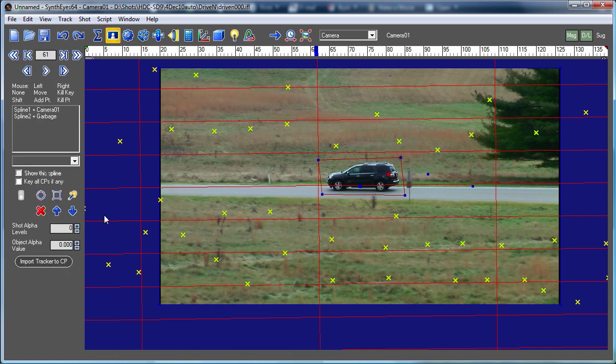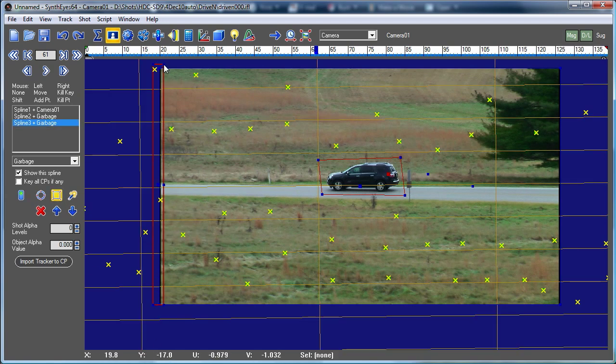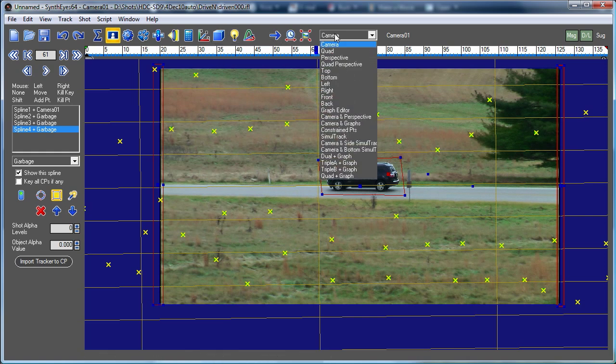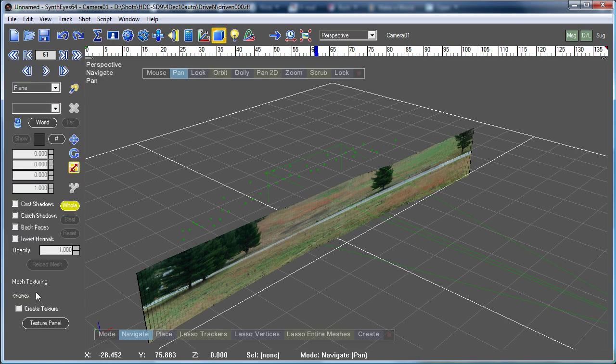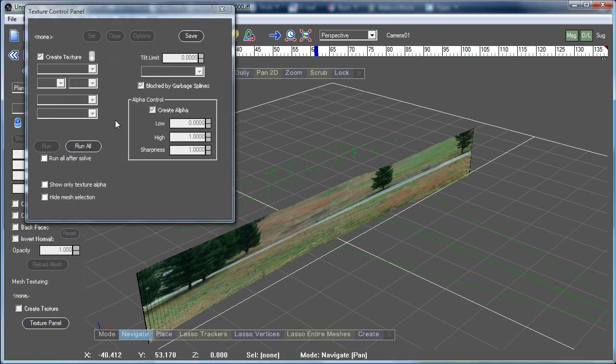So the thing to do when you have that situation is to go back and just set up a little garbage mat right along that edge that says, hey, don't use this data, it doesn't mean anything. And that's exactly what we've got here. So I've just set up two little mats right there. And now if we go back, just setting this up so you can see,